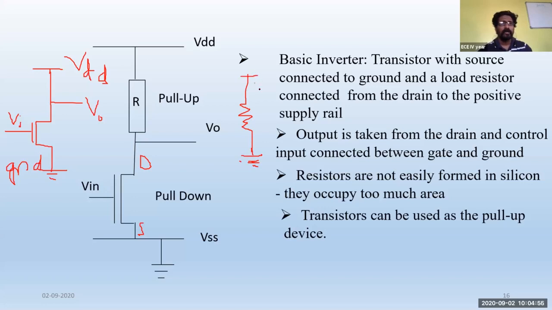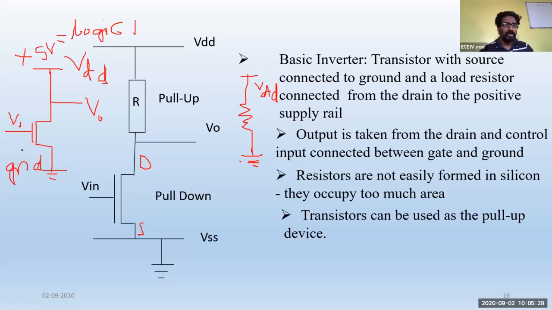Now, let me assume that my main supply VDD is equal to 5 volts. This is my supply VDD, which is equal to logic 1, because we know that the MOSFETs are being driven with the help of logic 1 or logic 0 as an input. So this is equal to logic 1. Whenever I supply logic 1 here, which is equal to 5 volts, then what happens?